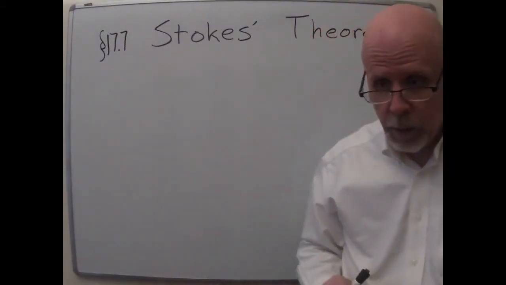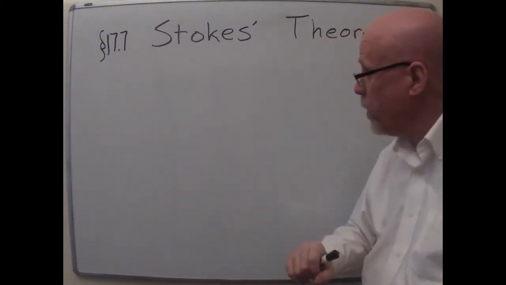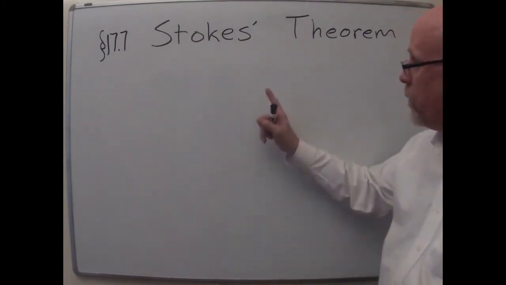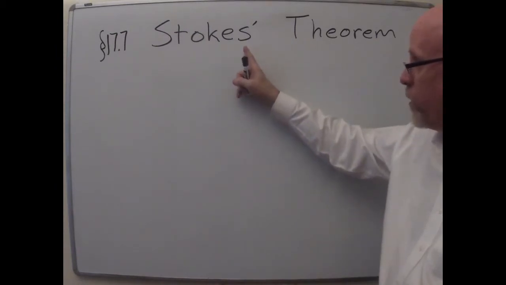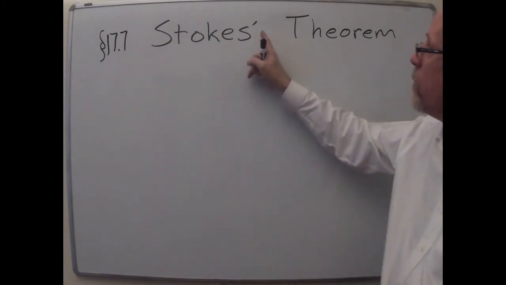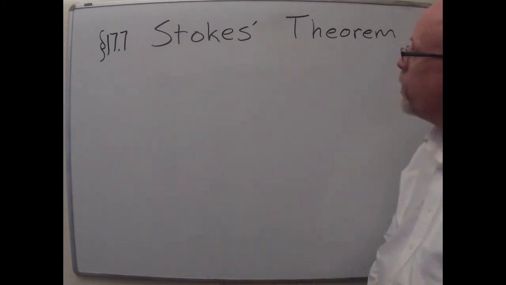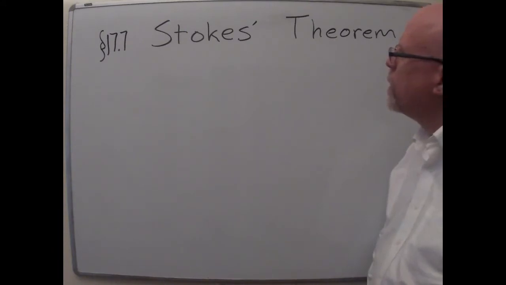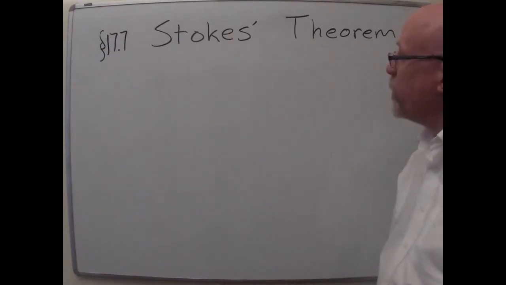Today we're going to be looking at section 17.7, which is on Stokes' Theorem. As a guy whose name ends in an S, I want to point out it's not Stokes's theorem. When a proper name ends in an S, you just add the apostrophe to make it possessive, at least most of the time. So Field's apostrophe is how you make my name possessive. Anyway, Stokes' theorem,